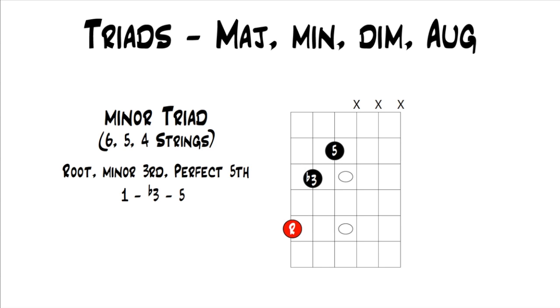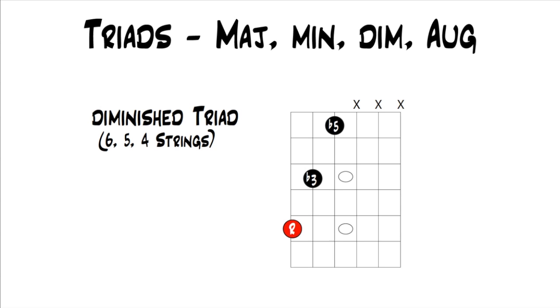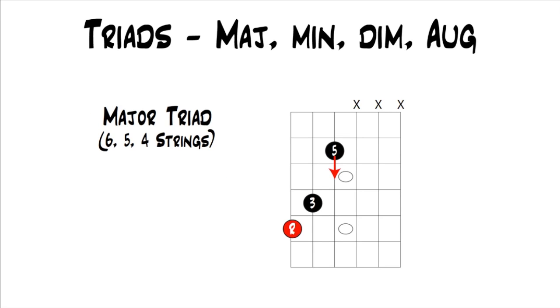This time we're going to move the fifth, and we're going to move that down 1/2 step, and that becomes a diminished triad. Because a diminished triad, as you remember, is a root, minor third, diminished fifth, or a 1, flat 3, flat 5. And then to go to an augmented triad, we're going to start back at the major